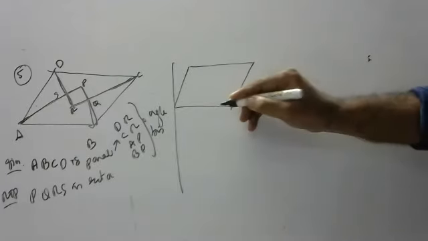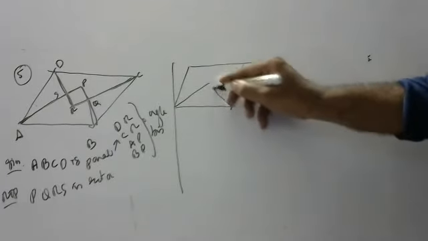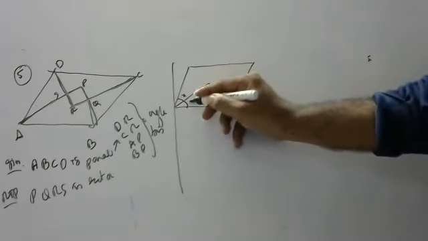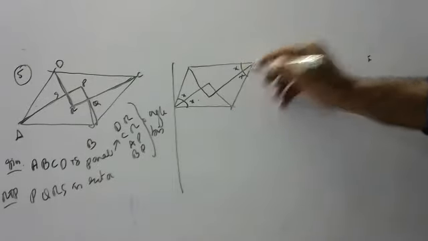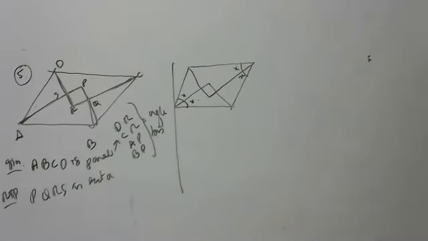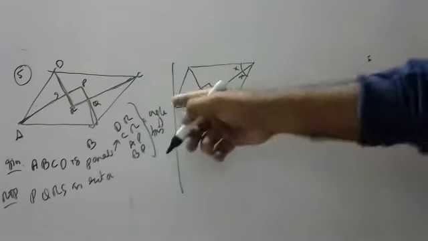Children, all of you see here. This is an angle bisector, this is an angle bisector. If this is x and this is x, this also will be x and x. Why, children? Can anyone say? Sir, opposite angles are equal in a parallelogram. Very good. 2x is equal to x.